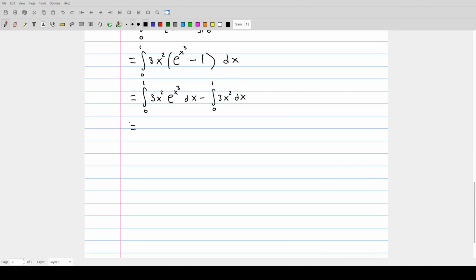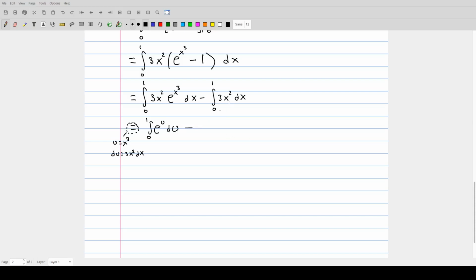This integral right here we can get through the use of a u substitution. I do u equals x cubed. And if we do that, then du is going to be 3x squared dx, which is exactly what we have here in the integral. So this becomes then just the integral from, when x is 0, u is 0, so the lower bound in u is 0. And when x is 1, u is 1 cubed, so the upper bound is also 1. So the function e to the u du